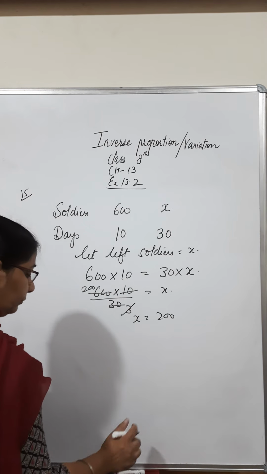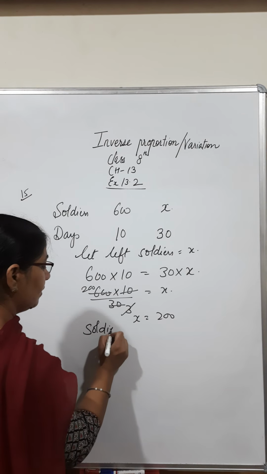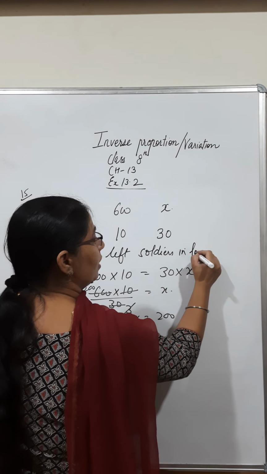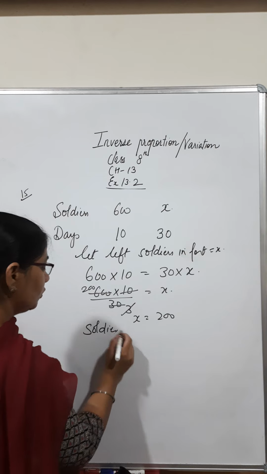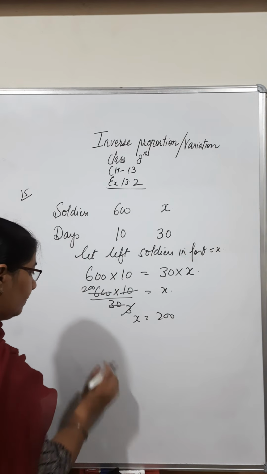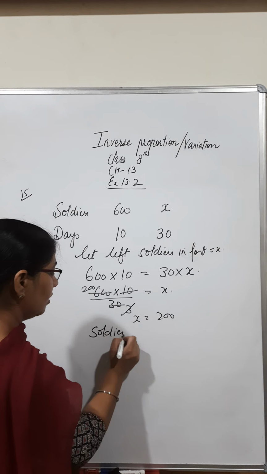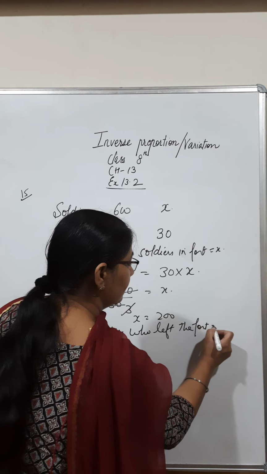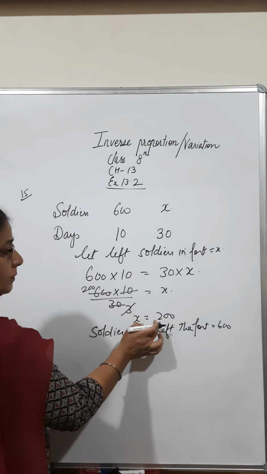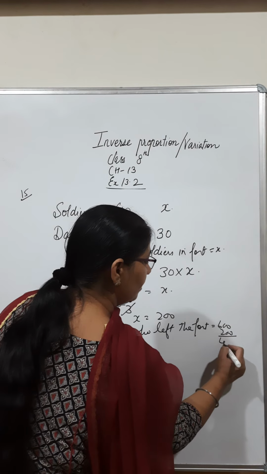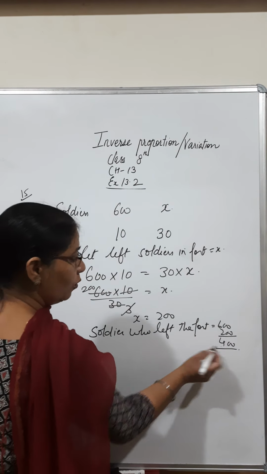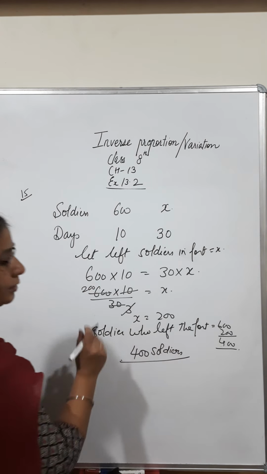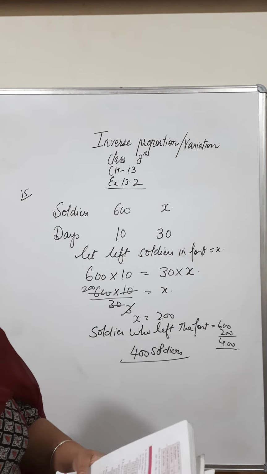सोल्जर्स लेफ्ट, यहाँ पे कौन से हैं, सोल्जर्स लेफ्ट इन द फोर्ट. हमारे पास उस जगह पे x सोल्जर्स रह गए और सोल्जर्स जो वहां से चले गए, सोल्जर्स हु लेफ्ट द फोर्ट, कितने लोग चले गए वहां से, दैट इज इक्वल टू, पहले हमारे पास 600 थे, उसमें से 200 हमारे पास अब वहां पे बच गए हैं. तो हमारे पास वहां पे अब कितने सोल्जर्स हैं, 400 सोल्जर्स हमारा आंसर. हाउ मेनी सोल्जर्स आर लेफ्ट देयर, 400 सोल्जर्स आर लेफ्ट देयर. होप यू आर क्लियर विद द एक्सरसाइज बेटा.